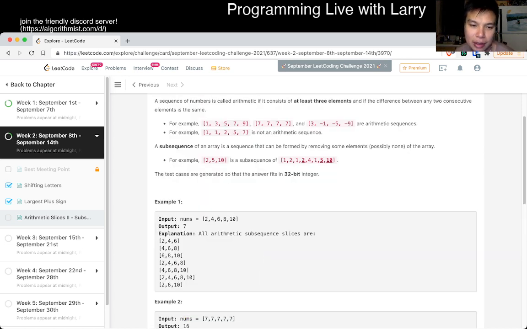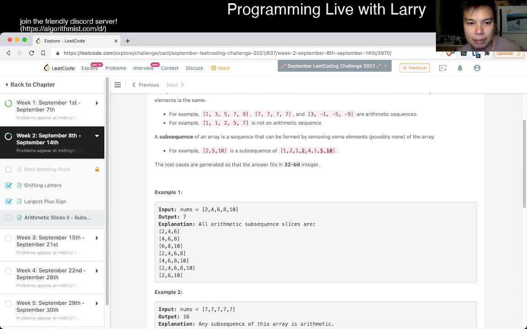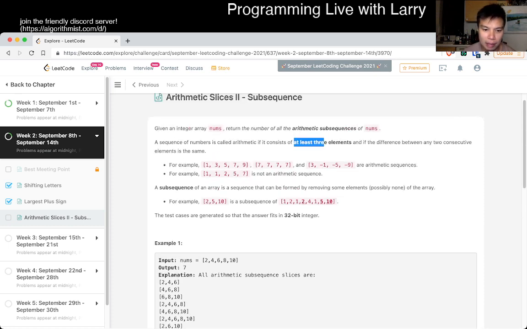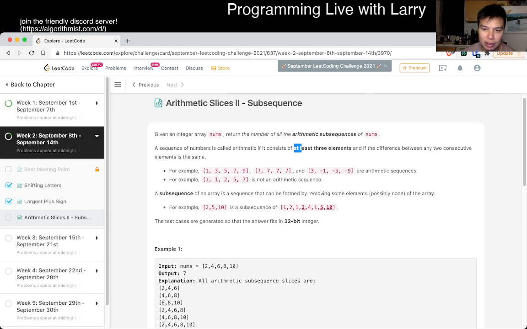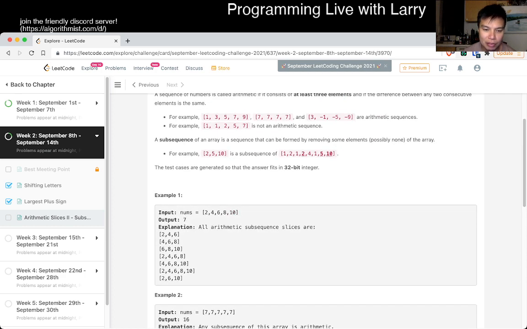The idea is basically, I think there are some variations that we can do, but basically two numbers define a subsequence, right? And I guess I'm just trying to figure it out, or at least three elements. Because then now we can do some maths on this. For example, 2, 4, 6, 4, 6, 8. These are all kind of the same root, if you will. It goes from 2 to 10, and then we just have to figure out some maths to